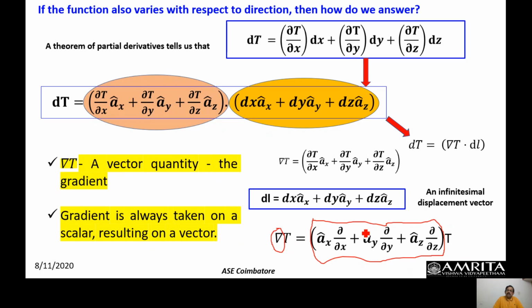It is waiting to act upon a function, that's all. And it mimics a vector in the sense that it has direction associated with it, but it is not a complete vector. This is what I meant, that it is an instruction, it is an operator, it is not a complete vector. Okay, a del is not a complete vector, but it mimics a vector behavior